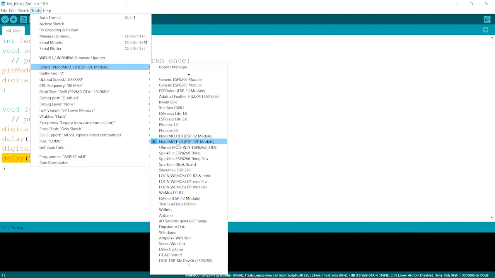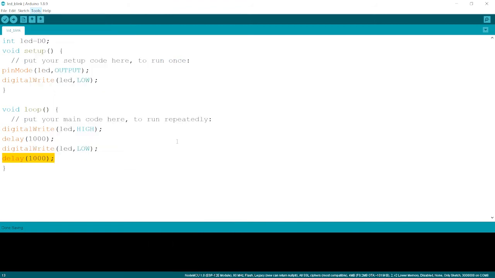You will not find this board if you have not followed the procedure given in module 1, that is the installation procedure of the Node MCU board, because it is not available by default in the software. You need to add a package to get this board. So we'll select this board over here. At the bottom corner you will find it's written Node MCU 1.0. Okay, so that means we have selected our board successfully.